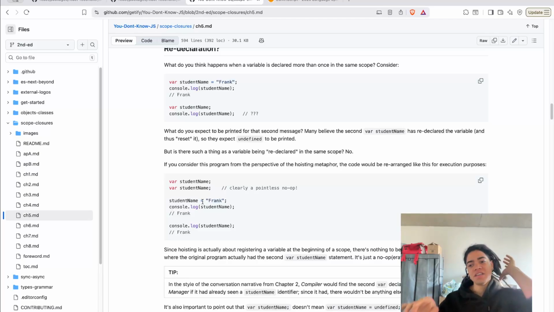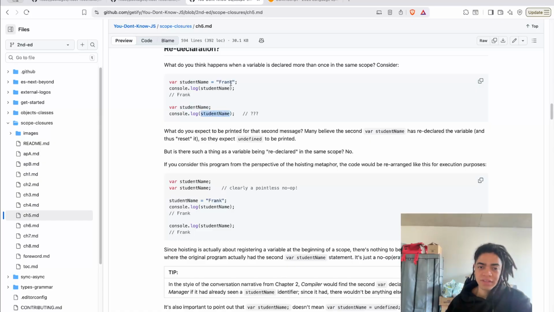But the spec says that var identifiers, no matter how many times you define them with the same name, all of them refer to the single variable. So for example, if you define Frank here several times, it's actually pointless, right?